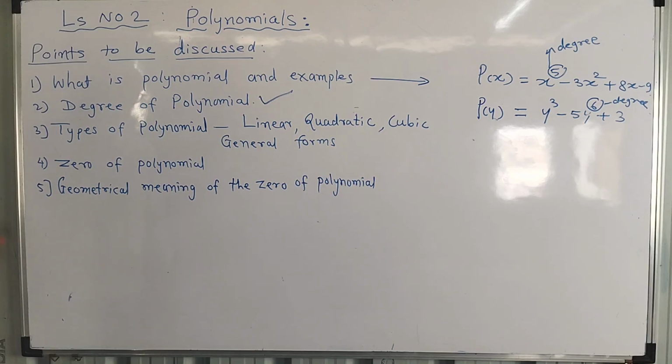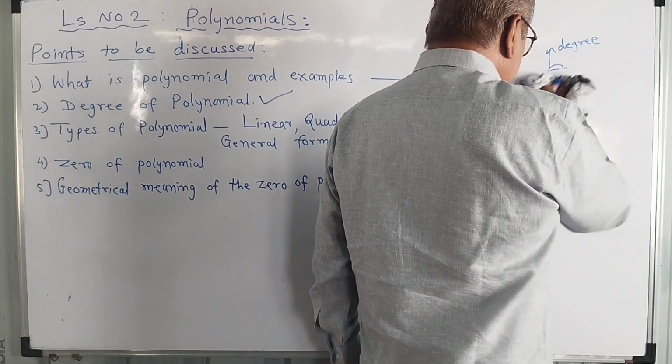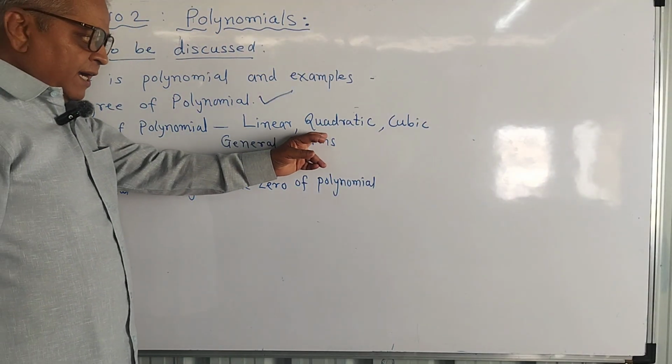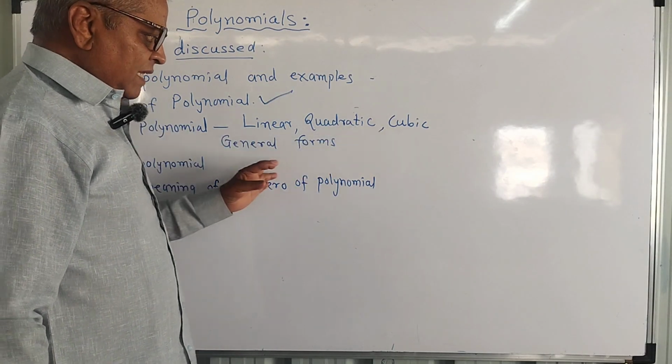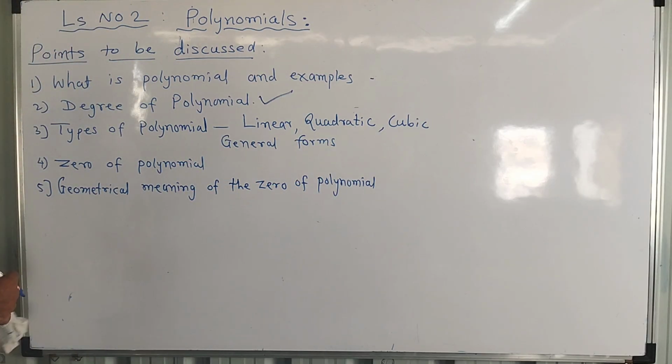Now, very important point, types of polynomial. See, now these points which we are going to study now, आपण जे आता शिकणार आहोत, types of polynomial, zero of polynomial and geometric meaning of the zero of polynomial, are now in our textbook in this standard. 10th standard मध्ये आपल्याला हे पूर्णपणे शिकायचं आहे. लिनियर पॉलिनॉमियल, क्वाड्रेटिक पॉलिनॉमियल. ॲक्च्युअली क्युबिक पॉलिनॉमियलचा अभ्यास नाही आपल्याला, तरी पण आपण त्याचा जनरल फॉर्म फक्त बघणार आहोत. नाउ लेट अस स्टार्ट विथ very important topic now, linear